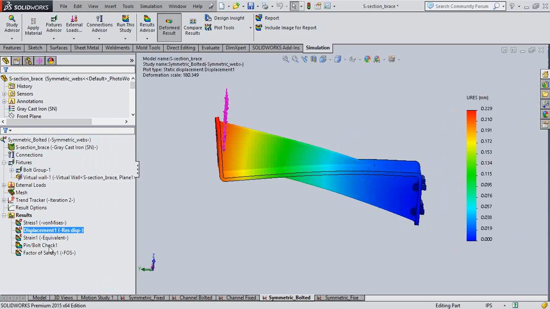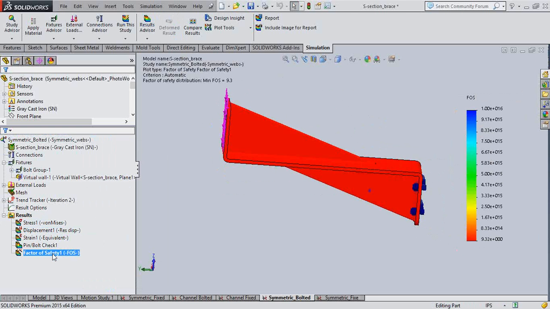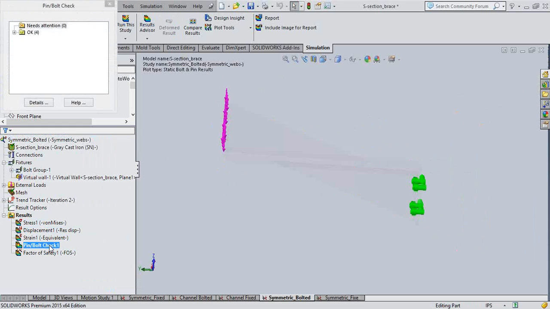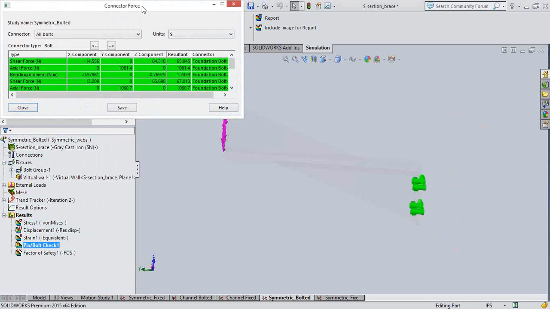mm. But then I have something called factor of safety. I can also check what my factor of safety is. It is around 9.3 with this boundary condition, whereas in my previous study it was around 14. And I also have an option to check the forces generated on the bolts. If I go to check bolt and click details, it shows